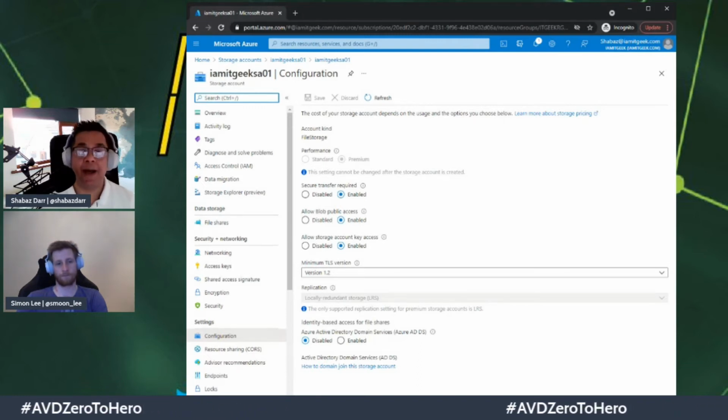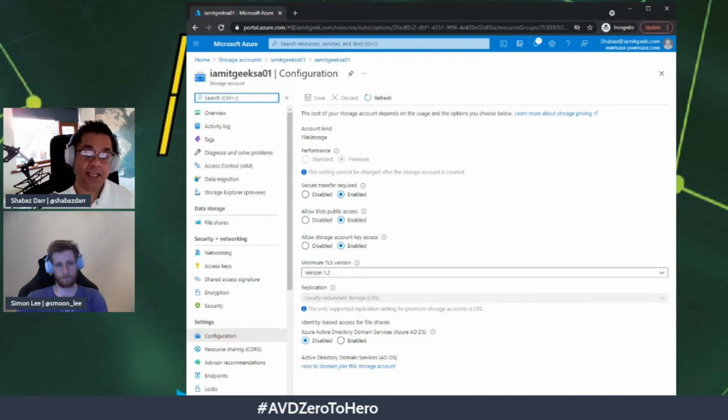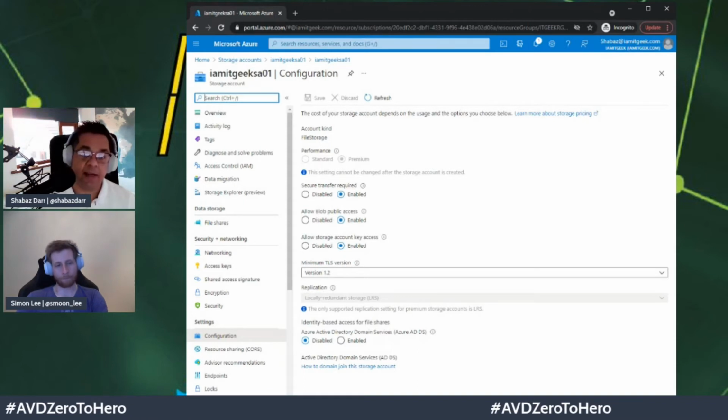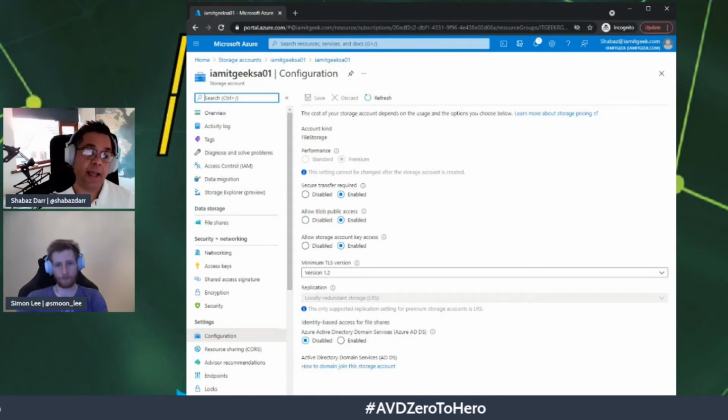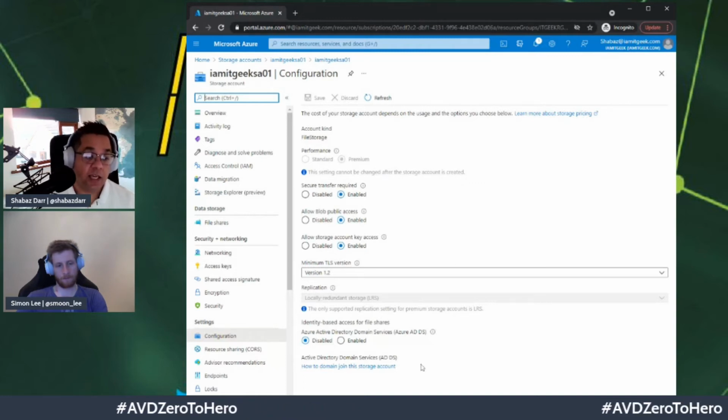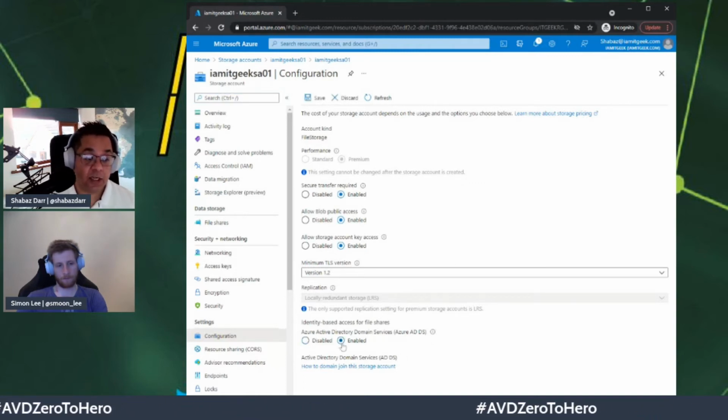There are some PowerShell commands, and obviously you need to have a connection to your domain controller on premises. You need something like a site-to-site VPN so it can actually connect to it. But as I said, if anyone wants me to do that, please let me know, and I'll be happy to cover that. Essentially, it's as simple as just clicking on enabled and saving that,